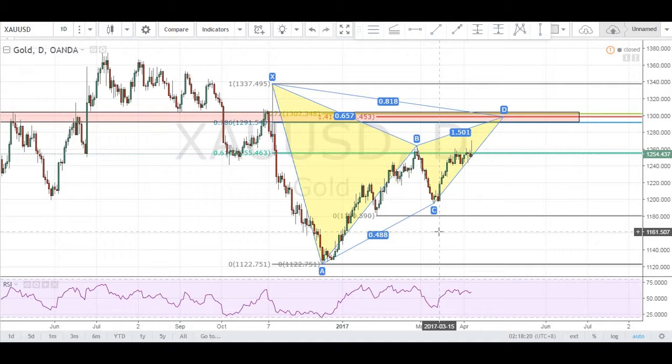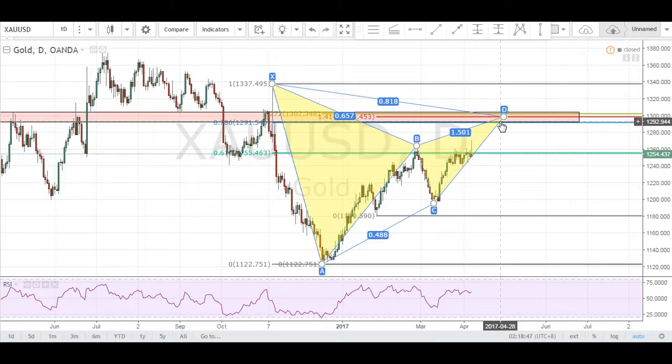Alright, the first pair we'll be looking at will be the gold on the daily, and as you can see, I've drawn out a pattern for you. This is what you call a potential bearish godly formation. We have our X to A leg, our A to B leg coming right in that 618 retracement. We have our B to C leg and our CD completion coming right in this zone highlighted in red, what I like to call a decision zone, because if price comes into this zone, we'll be looking to make a